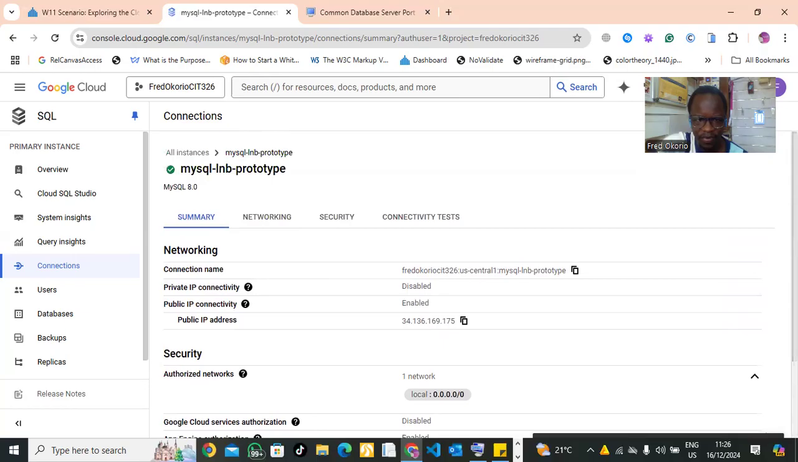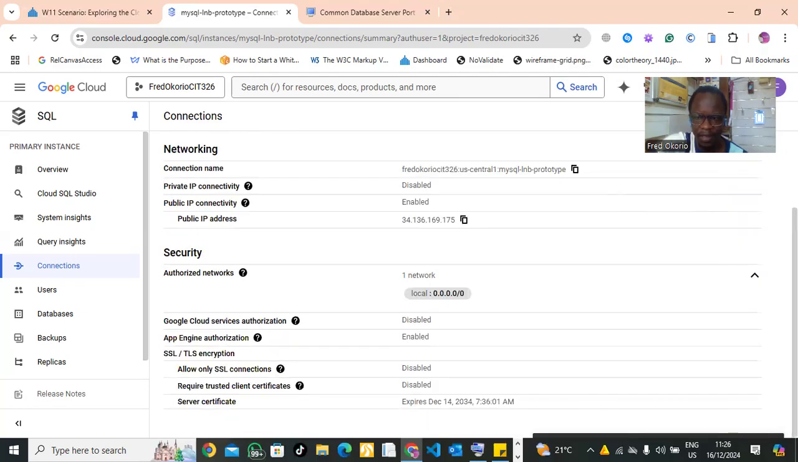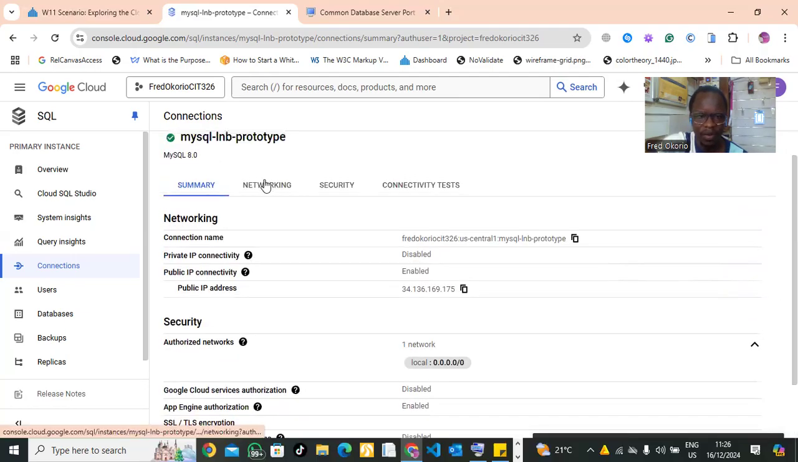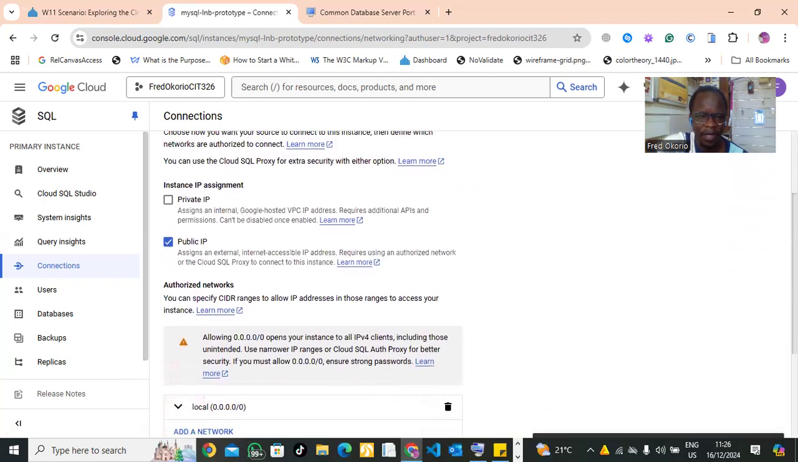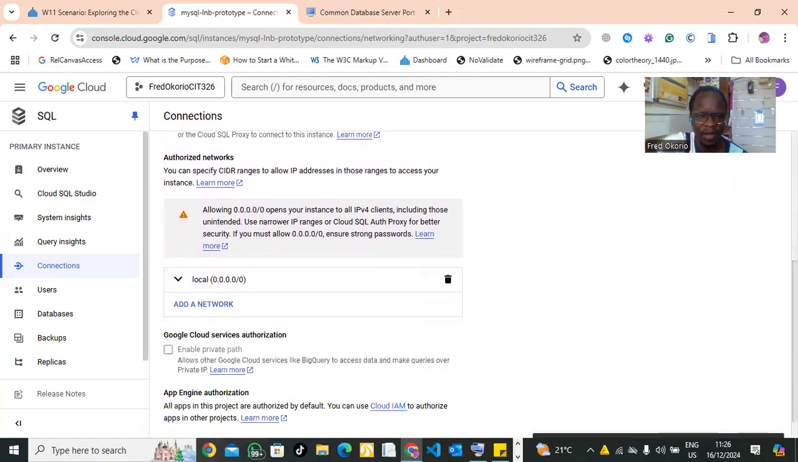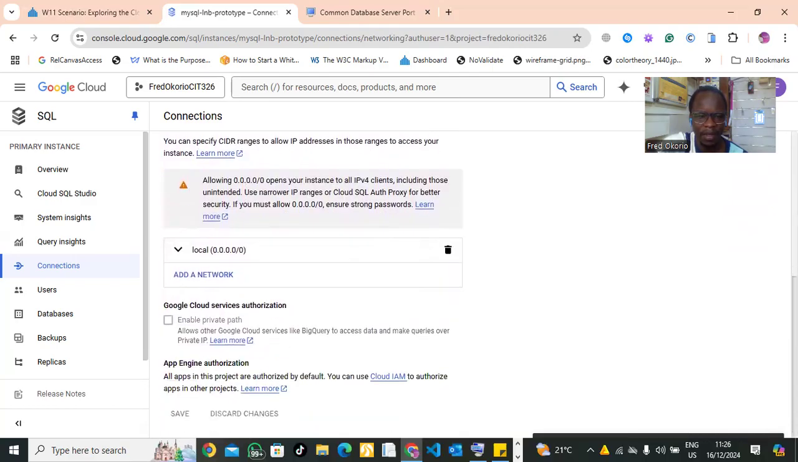I created a network. This information is still fresh in our mind. Use the default public IP. Then I went to add network, gave it a name and authorized this IP address. So after all this was done,